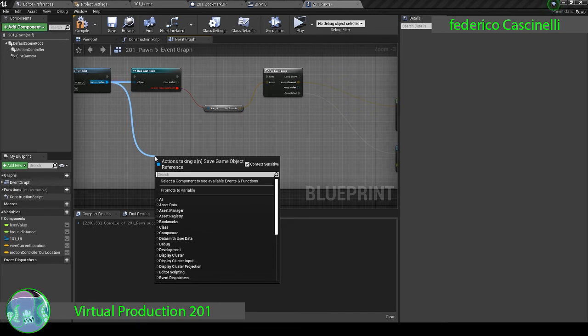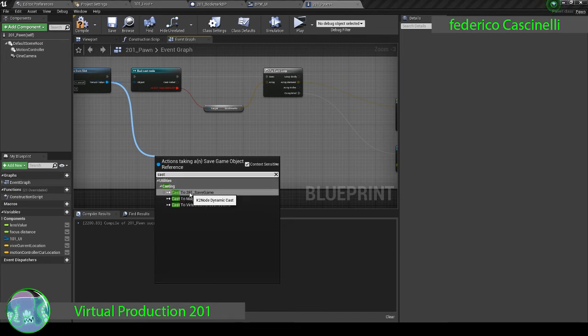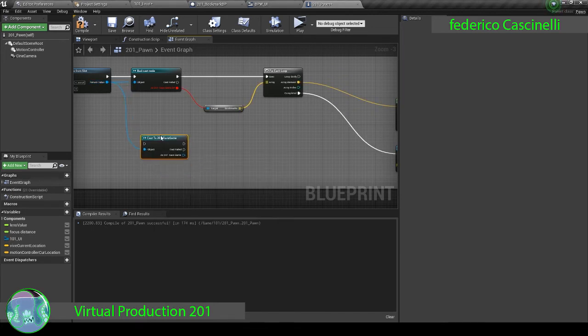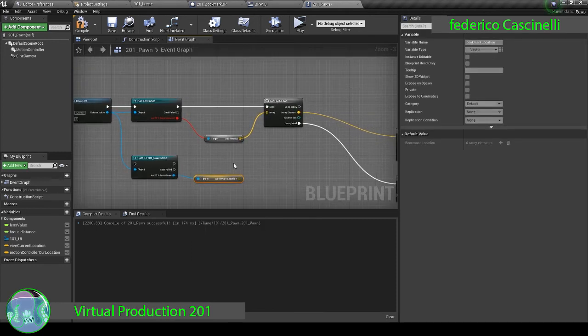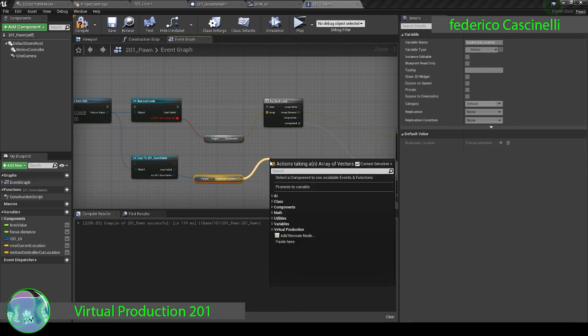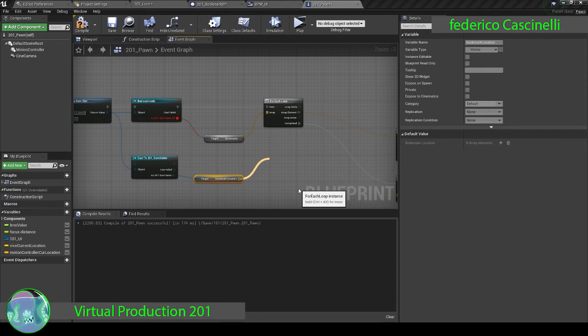So cast to 201 save game. We need to cast because we need to get the bookmarks, and because it's a list and we need to go through the list, we again need our for each loop,